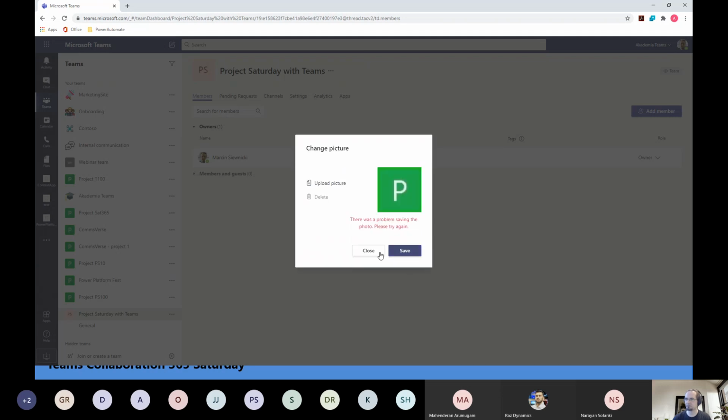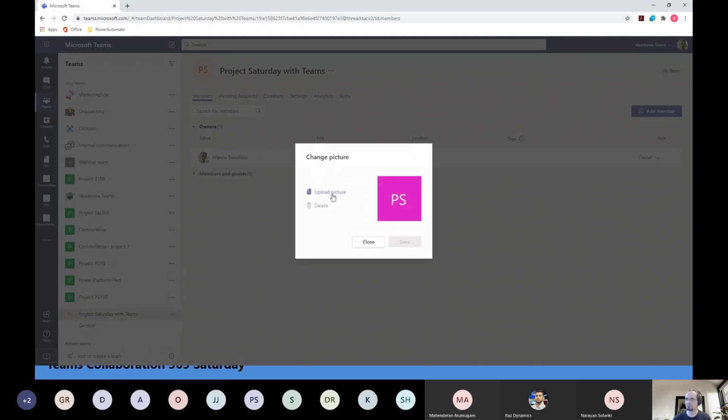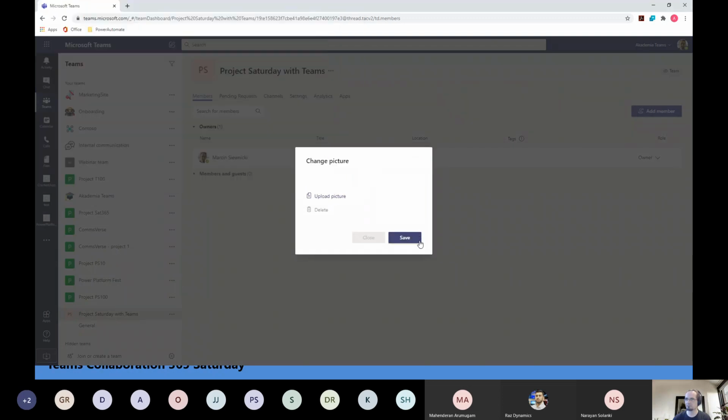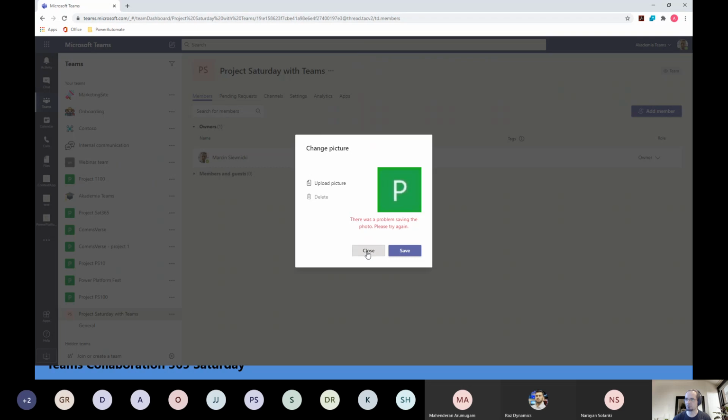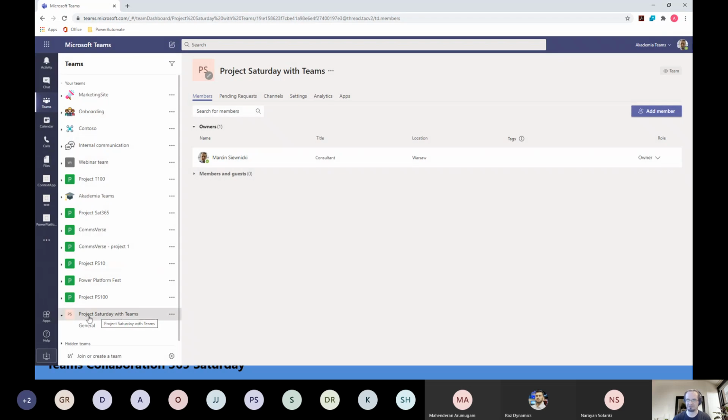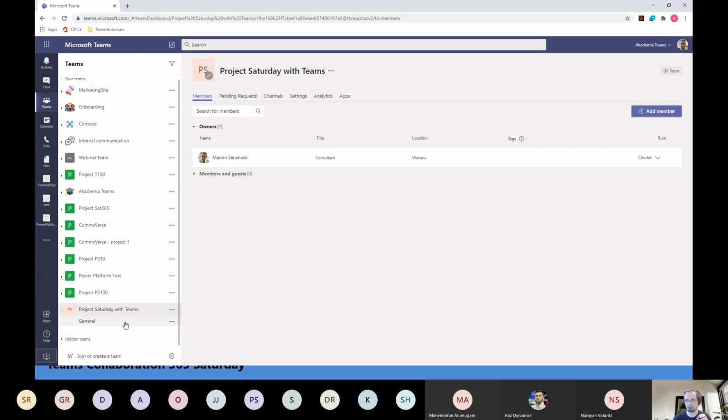We'll wait a few moments. And as you can see there, each project team has the same icon. So it's easier to navigate through teams. If I have 15 or 20 teams, 5 of them for projects, it's much easier for me to find those project teams. Then we divided